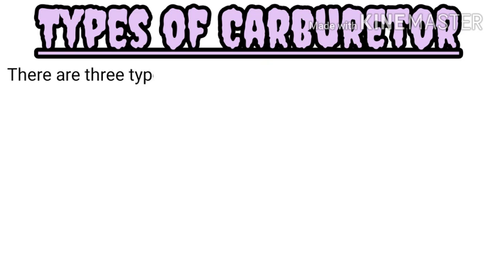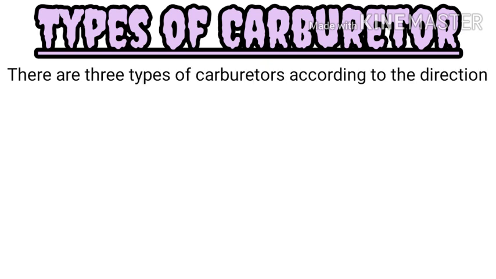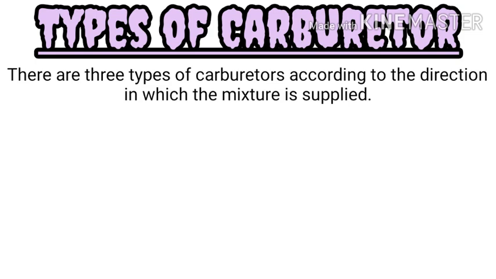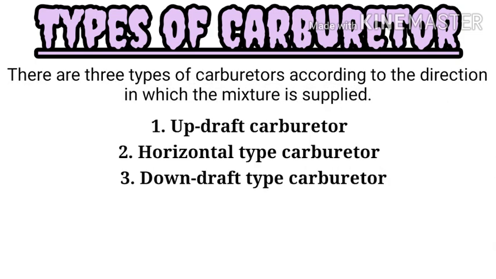अब हम बात करेंगे टाइप्स ऑफ कार्बोरेटर के बारे में। There are 3 types of carburetor according to the direction in which the mixture is supplied. फर्स्ट, अप ड्राफ्ट कार्बोरेटर, सेकेंड, हॉरिजॉन्टल टाइप कार्बोरेटर और थर्ड, डाउन ड्राफ्ट टाइप कार्बोरेटर।